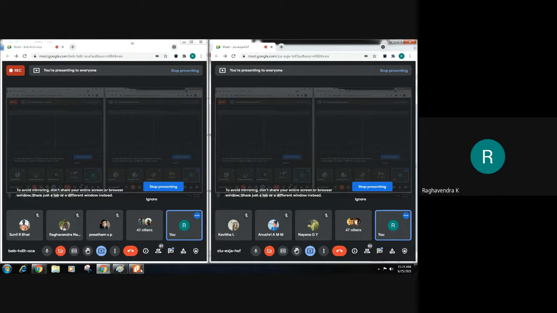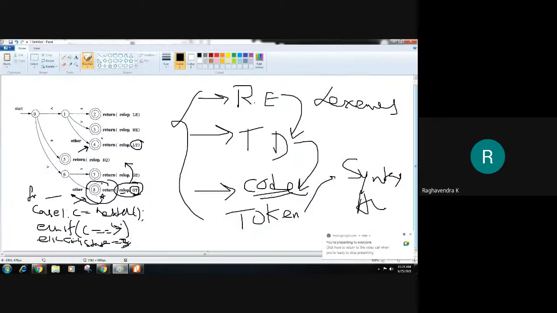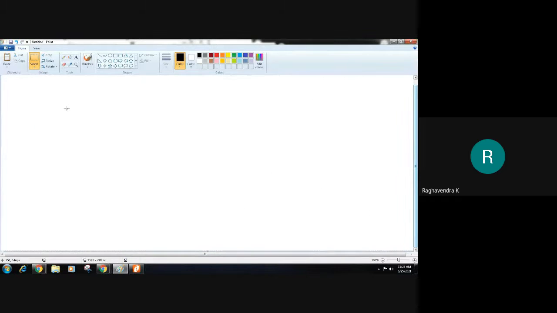In our last lab session, I discussed two Lex programs, which were to eliminate the comment line and to identify an expression. Both programs were discussed.